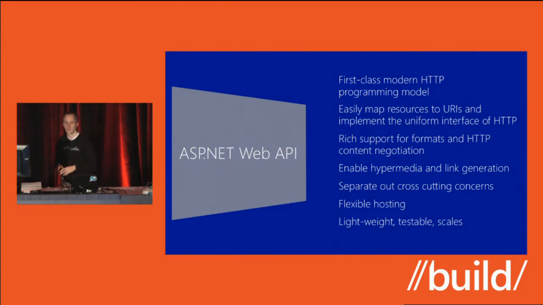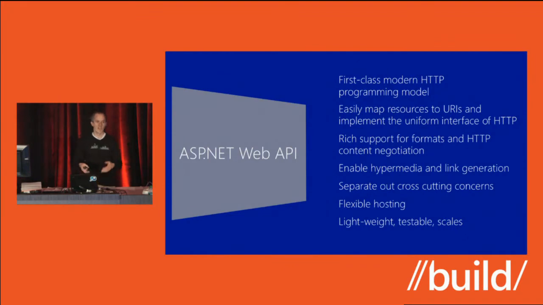available to you. ASP.NET Web API makes it really easy to implement the standard, the uniform interface for your HTTP resources. Get, post, put, delete. HTTP has well-defined semantics for these actions, and it's really easy to implement those actions with ASP.NET Web API. You need to give your resources also an identity so you can send those requests to them, and ASP.NET Web API allows you to use full ASP.NET routing in order to assign URIs to your resources.